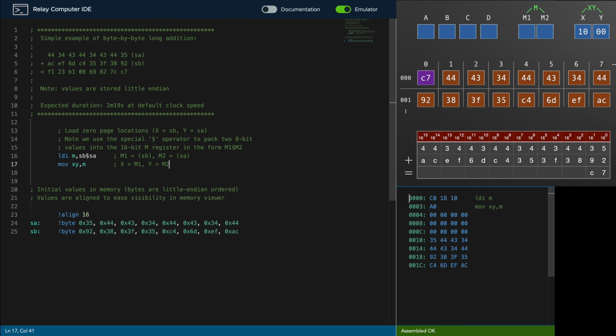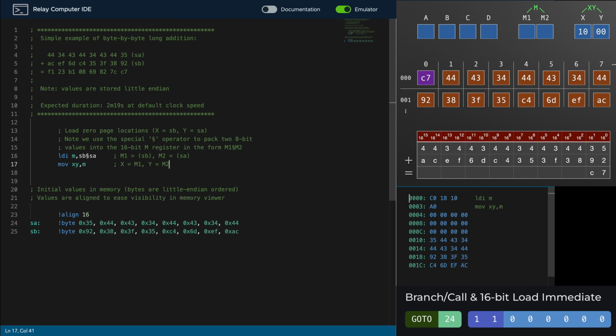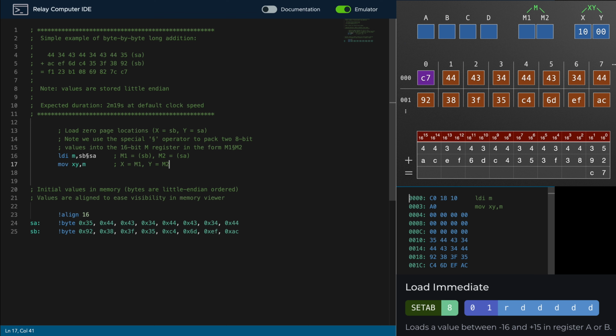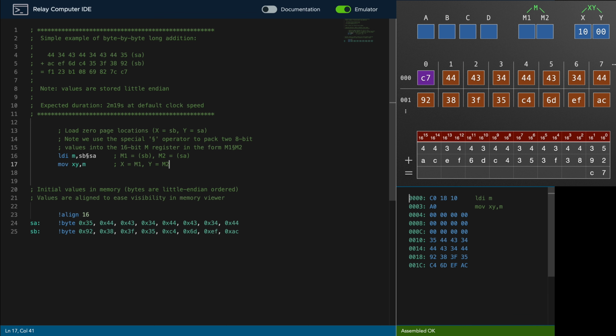The 16-bit load immediate is actually a form of goto instruction, just that we load M rather than J and never take the jump. That also means it's a 24-cycle instruction, but that still works out cheaper than loading the registers individually, and here we're not limited at all with the value we can load, whereas the 8-bit load immediate can only load values between -16 and 15. Next, we can take advantage of the 16-bit move to get the value in M over to XY. And with that, X now points to the first byte of the addend, and Y points to the first byte